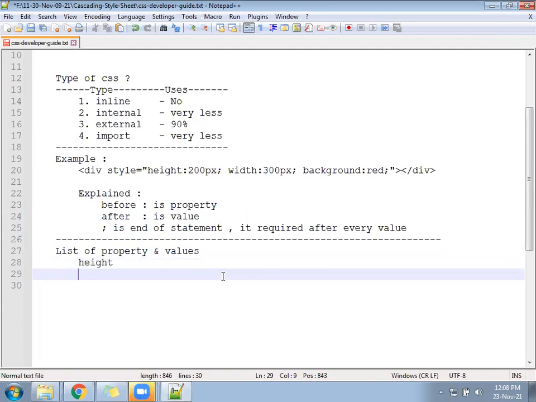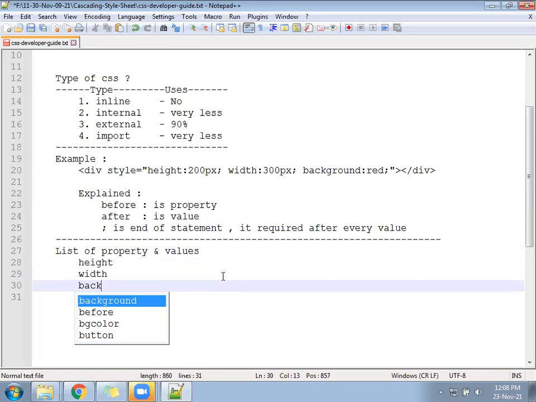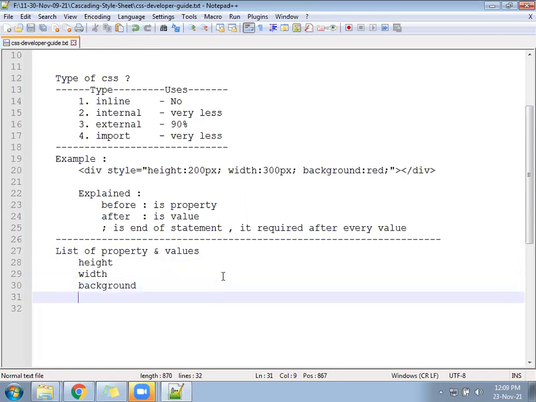Second property we are going to follow is width. Third property we are going to follow is background. Three properties. First example. So under the inline CSS folder, we are going to create the example. It is not in use, but it's best for learning purpose. Today we'll spend time under the inline only to understand how the property value works and what are the properties and what are the values.